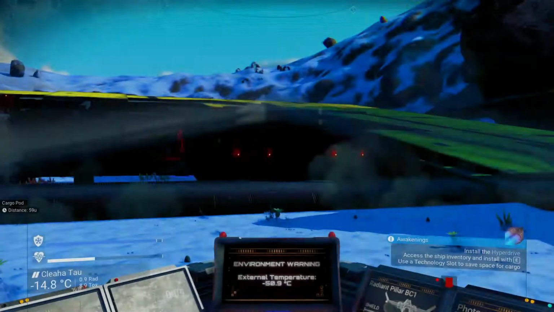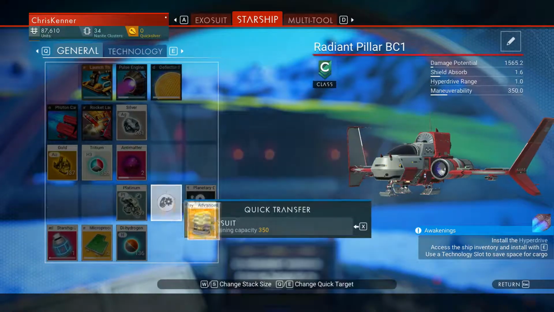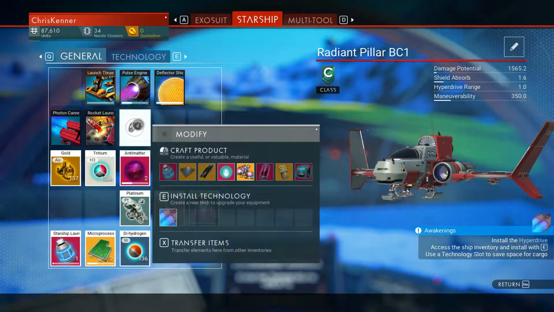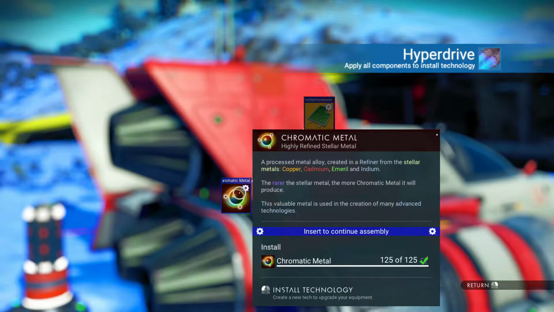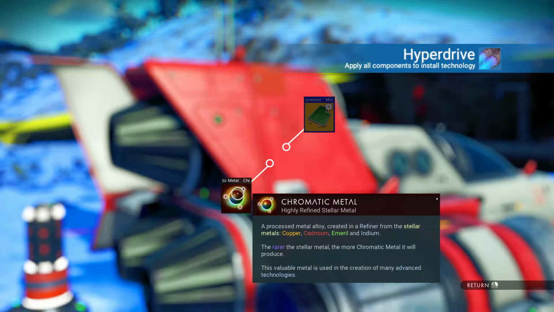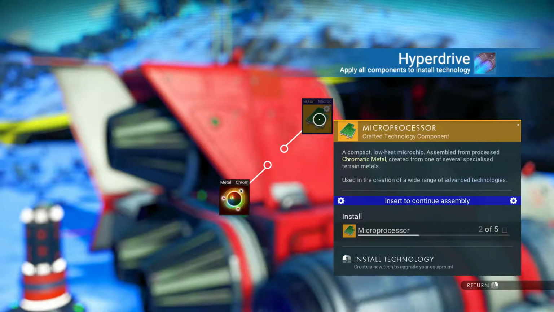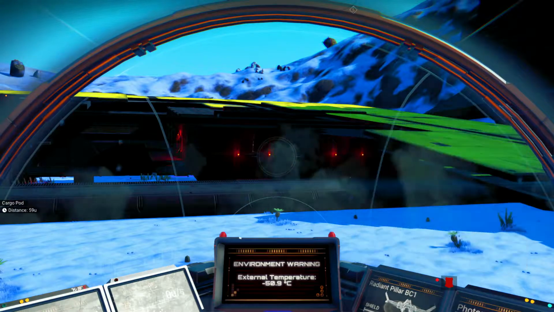Okay, let's install this hyperdrive. I need some space to install the hyperdrive first. Transfer that to the exosuit, move you there, and that's the wrong button. E is install technology. I need chromatic metal and microprocessors. Chromatic metal I have. So you can use copper, cadmium, emerald and indium. Interesting. The rarer the more metal it will produce. So I've got all the chromatic metal, but I do not have the microprocessors. Now I can get these from random chests, but what I'm actually now going to need to do is...